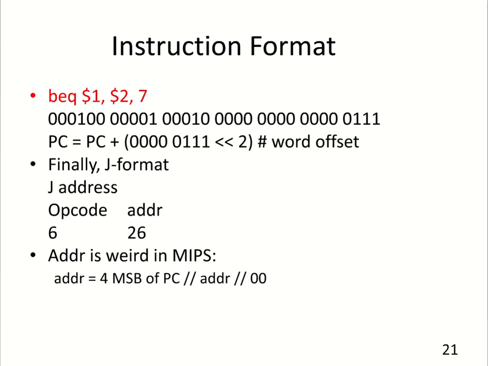The final format we'll talk about briefly is the J format. The J format is used for jumps. There's a single opcode field, again, that's 6 bits wide, and then the remaining 26 bits are used to specify the target address for the jump. In MIPS, the address is encoded in a slightly weird format. Again, we don't specify the final 2 bits of the address, so that's why we concatenate 00 to the end of it as shown here, because all instructions are, again, 4 bytes long, and they're all aligned on 4-byte boundaries,